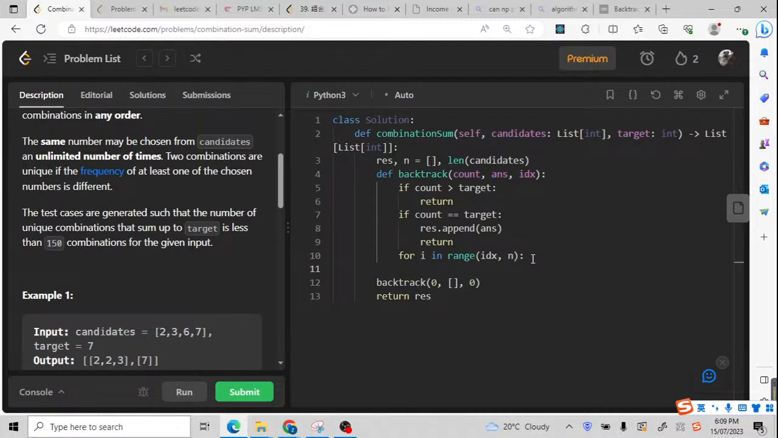For i in range these numbers, I'll just need to use a backtrack. For backtrack variables inside, normally I will design 3 or 4, but no more than 5. Otherwise, it would be too complicated. So inside, as I explained, the count should be plus the candidate number. The candidate's number should be this i, and for the answers I need to add the candidate's i,